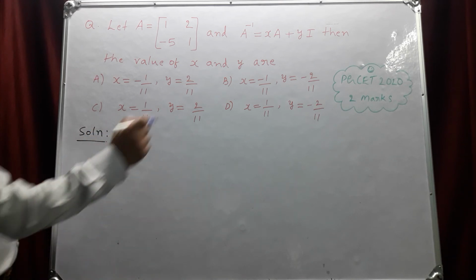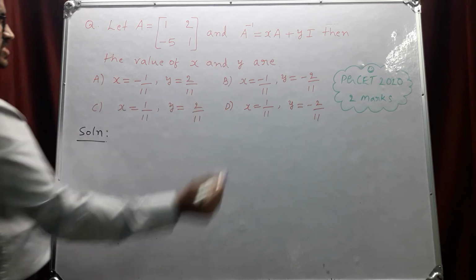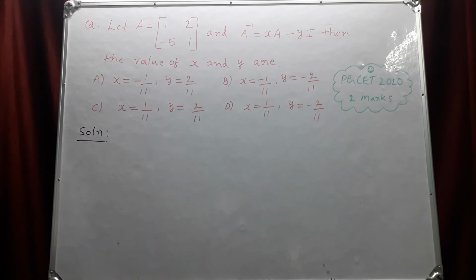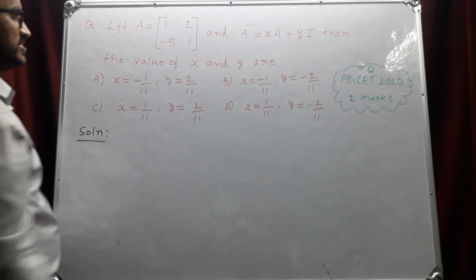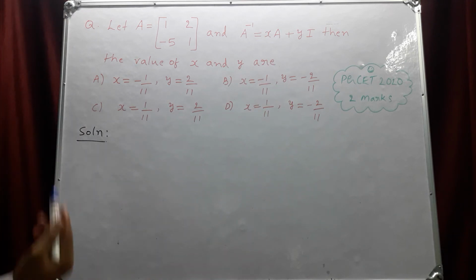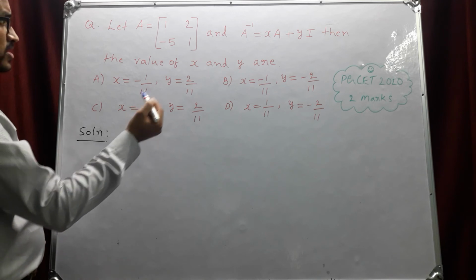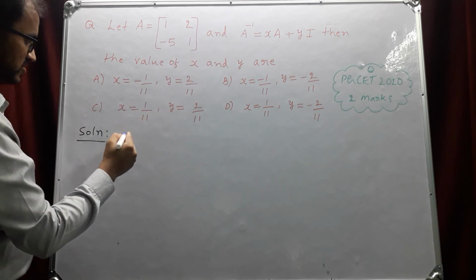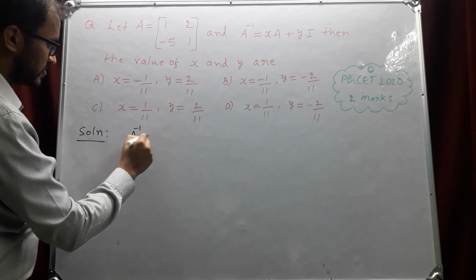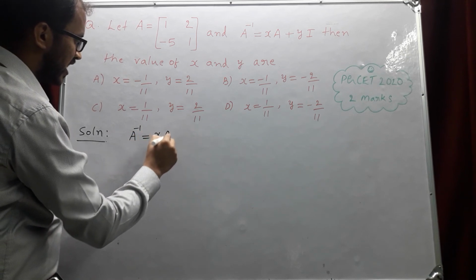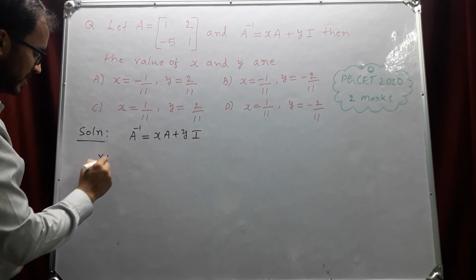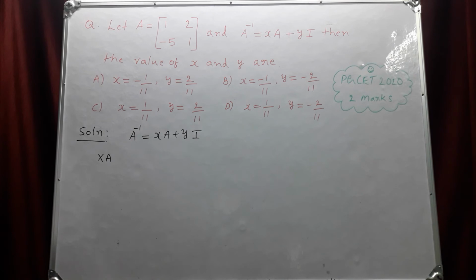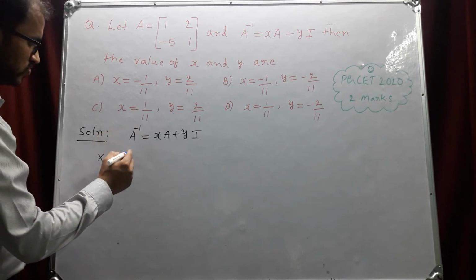So one method is you have to find the value of A inverse. So A inverse means 1 by determinant of A into adjoint of A. Then you have to substitute and you have to solve this equation. So that is lengthy process. Otherwise, for the given equation, they have given A inverse is equals to x into A plus y into I. So if I multiply throughout the equation by A, so A into A inverse